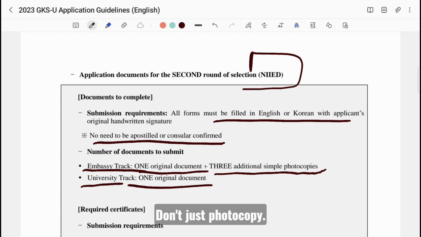Don't just photocopy, you have to apostille. If your country is under the Hague, like the Apostille Convention, then you would have to apostille. If you have only an embassy in your country, then you would have to go through the embassy.